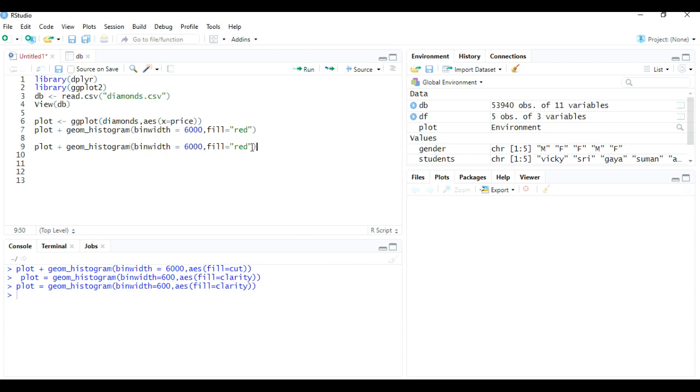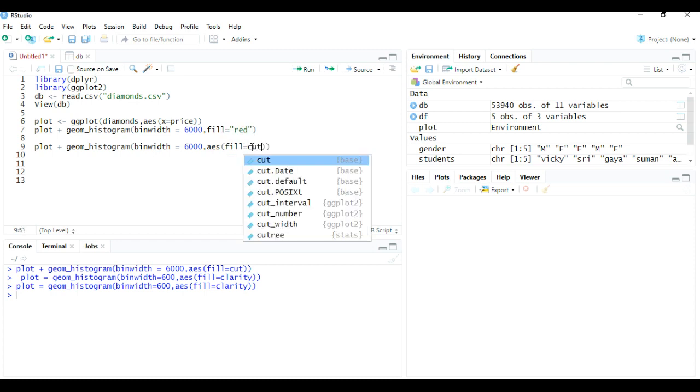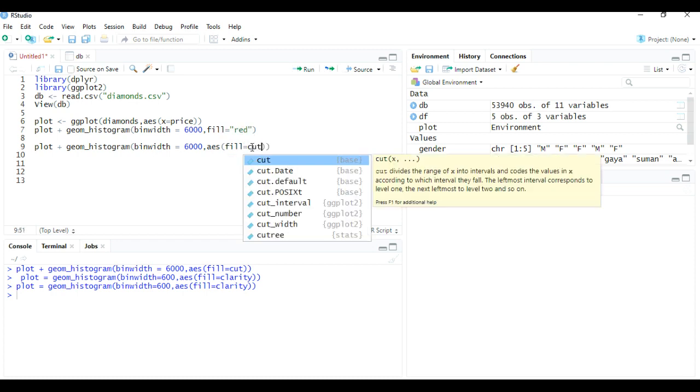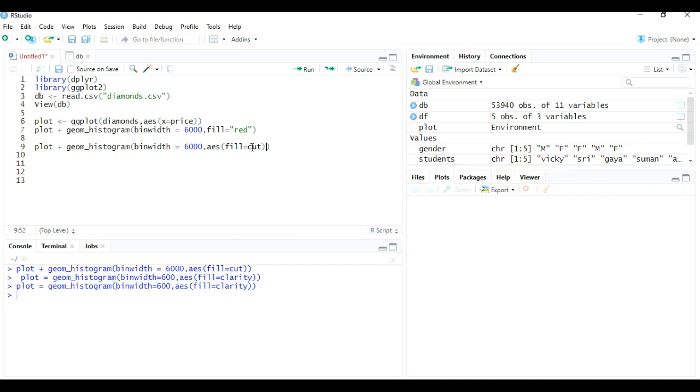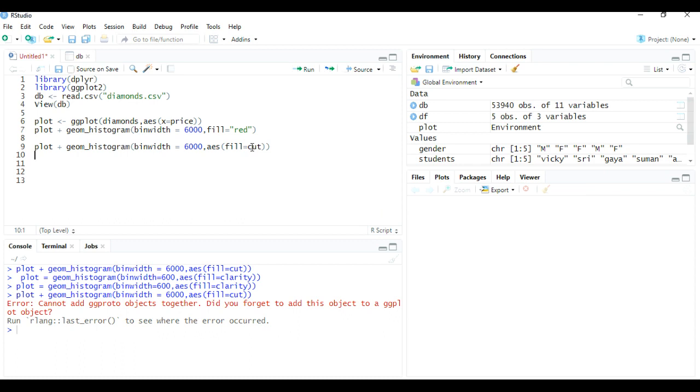I need to make some changes in this line, so in the aes function I'm going to give fill equals to the cut variable, because by using the cut variable I'm going to plot a graph. So just run this line. We got some error.